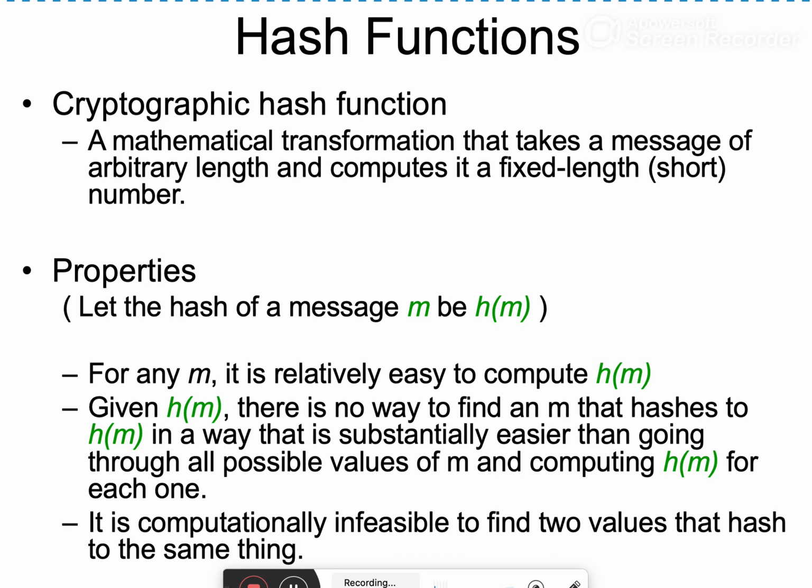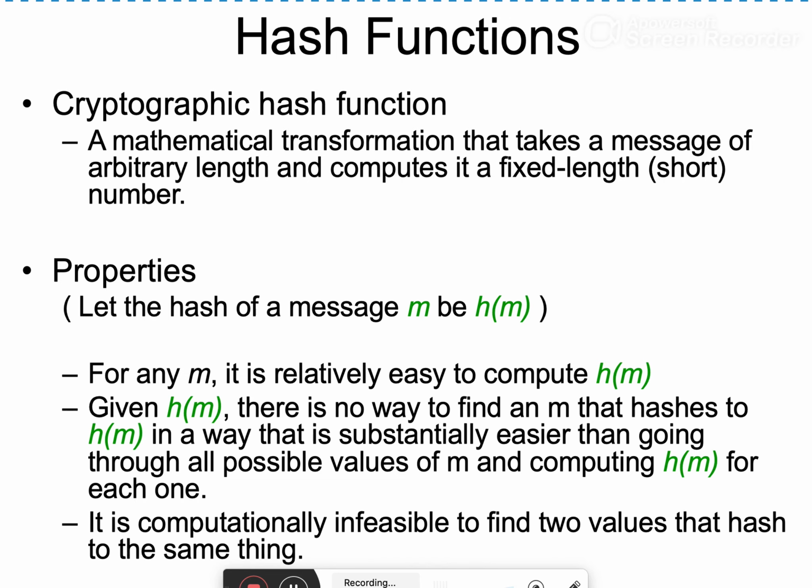Now, what is a cryptographic hash function? A cryptographic hash function has some properties which are different from normal hash functions. First thing, cryptographic hash functions can take a variable length message, any length message, arbitrary length message, and compute on that message a fixed length short string. Like you can give as input to a hash function a message of 1 byte or 1 kilobyte or 1 megabyte. It will generate a fixed length hash of that message.